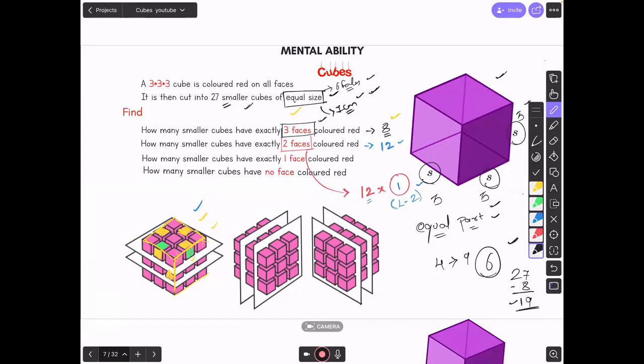इस बार length of the edge कितना है? 3. If you do 3 minus 2, answer is 1. So you will get 1 per edge. Okay, in the exam just use this formula. We'll use this more. Just make a note of this. Okay, you'll understand this better as I take few more sums. So got it. Okay, so 12 plus 8 out of 27, I know the destiny of 20. Remaining are 7. Now I ask you a question with the remaining 7. Out of the remaining 7 cubes, how many cubes will be there which are having one face colored red?